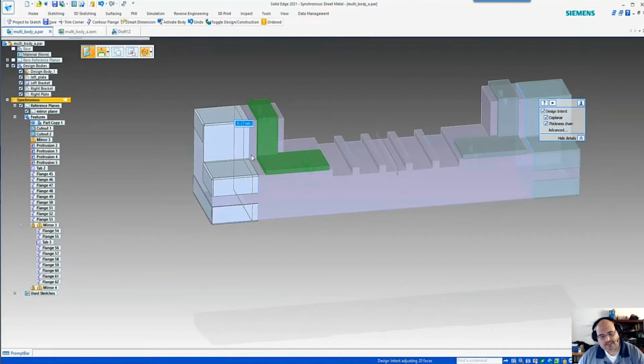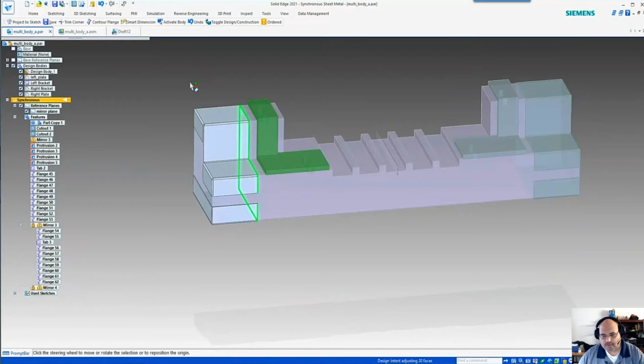You notice that because it is mirrored about a plane there, both sides automatically change. Now, of course, I got my design intent turned on over there. But if I go ahead and just pop over and give it an 8mm extension, you'll notice both pieces change. Okay, so in order to get this pushed out into my draft file, I will have to come over here to my,